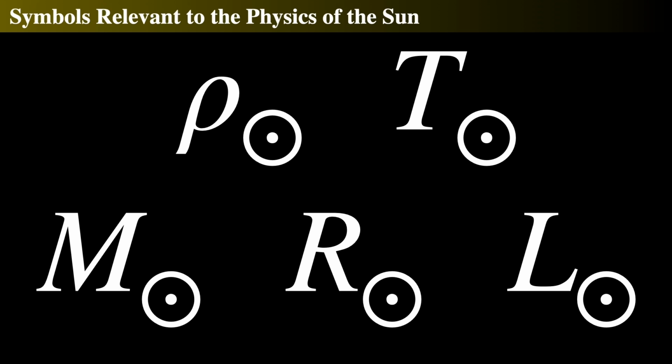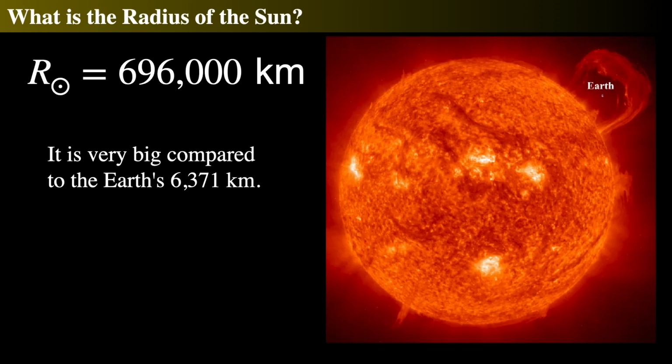And L sub sun is the luminosity of the sun, or the amount of energy it puts out in terms of light every second. So the luminosity of the sun in all wavelengths of light is what we call L sub sun. So these are our bulk properties of the sun, and that's what we're going to be talking about. All right, what's the radius of the sun? R sub sun is